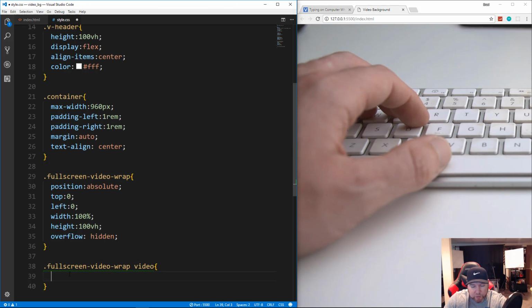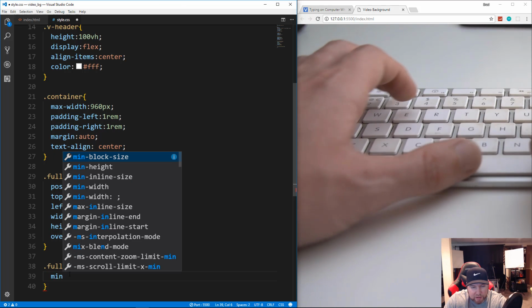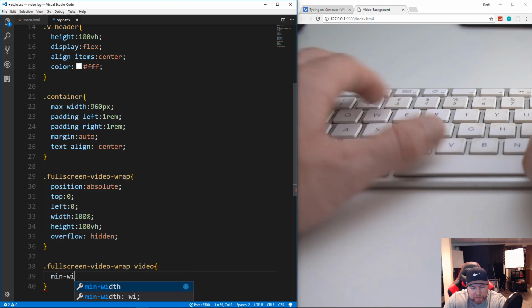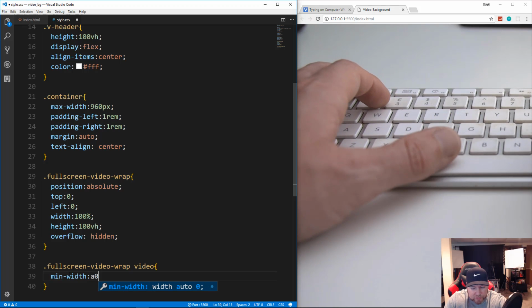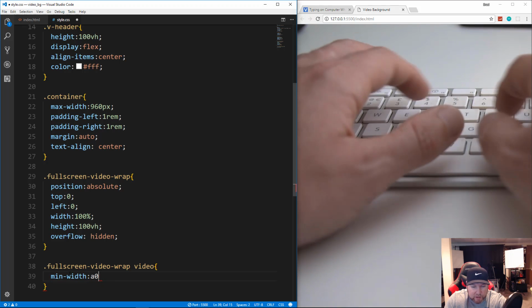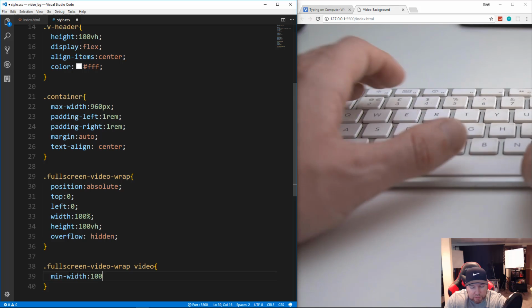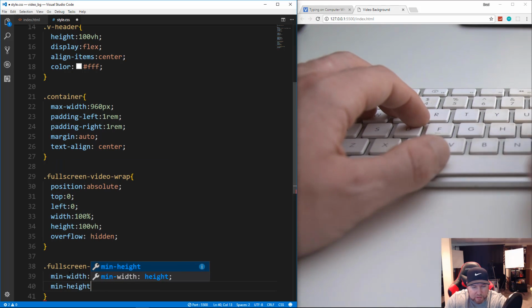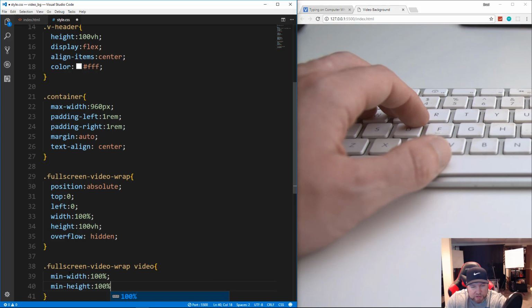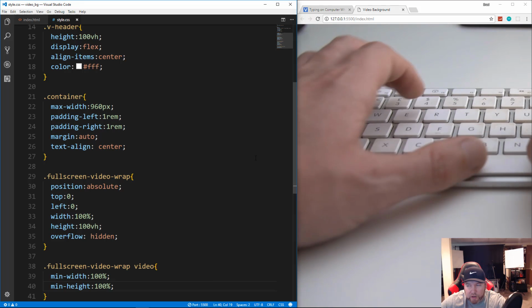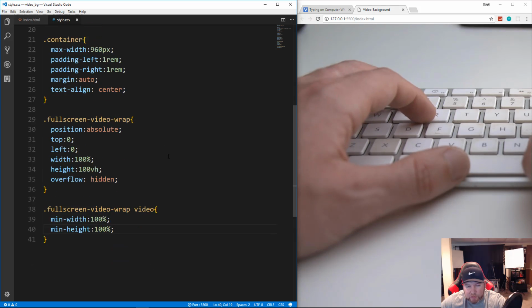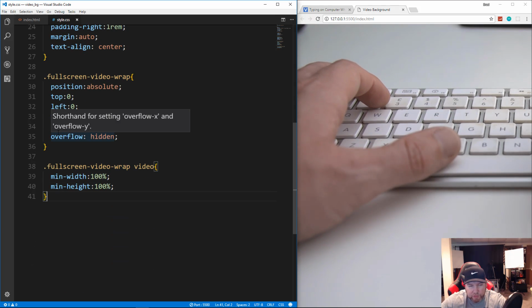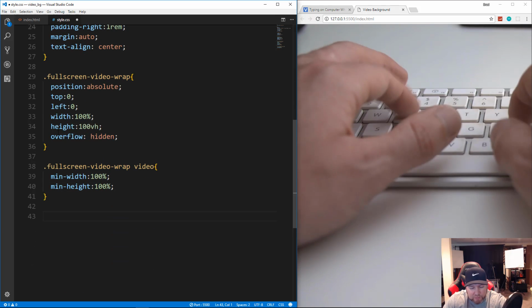that, we want to set the min width to 100%, whatever, and then min height to 100%. All right. Now for the overlay, which is the blue overlay that goes over the video,